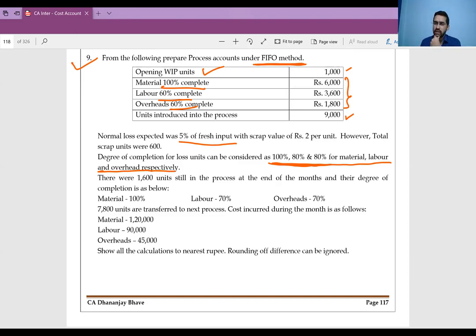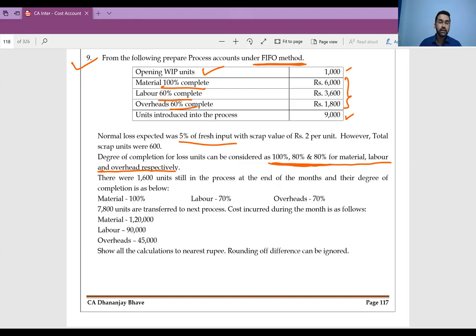Sir, then why is material 100? I told you already, material goes inside the machine at the very beginning, right? Entire material is lost, but instead of doing till 100% and then throwing it as scrap, when it was 80% done, only then we decided something is seriously wrong. Therefore, we turned off the machine, we took out the material, we took out the work in progress. 80% was done, but we know it won't be saleable later. We just decided to throw it.